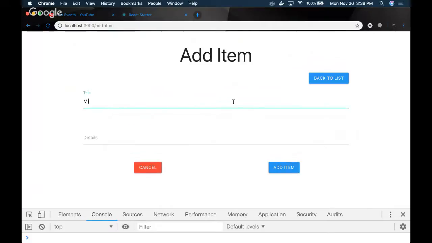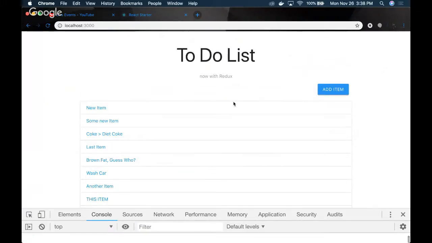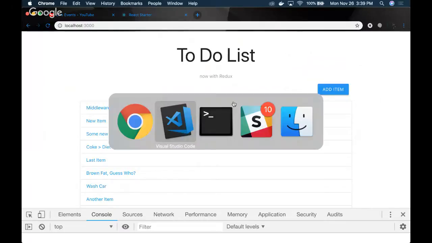So if I say middleware test, so you notice my list, it doesn't list middleware test. Okay? So it's navigating faster than it's calling the server. If I refresh the page, it is there, so it is working. It's just that the navigation is happening faster than the call to the server, which would indicate,